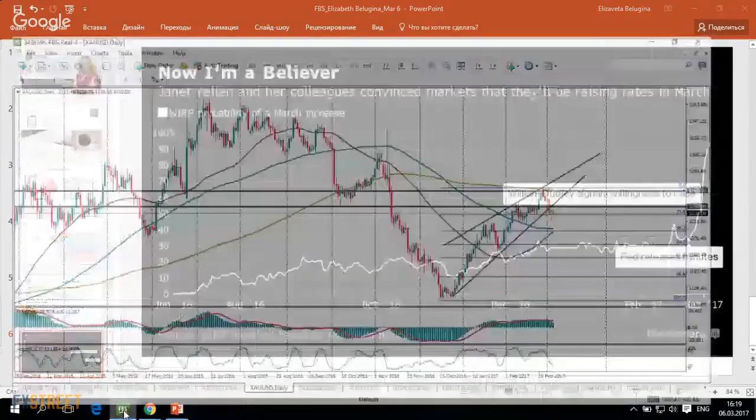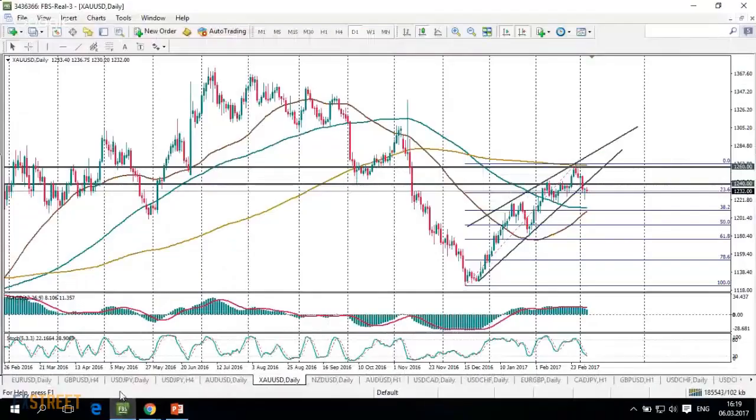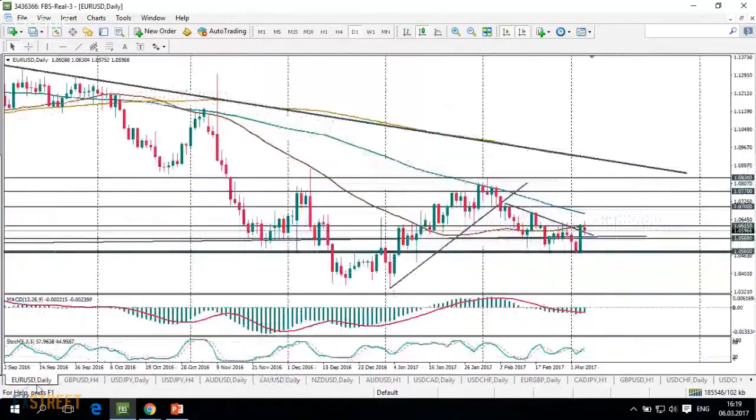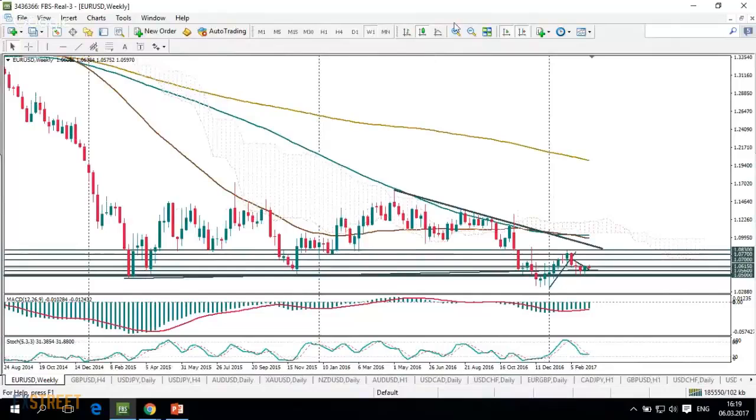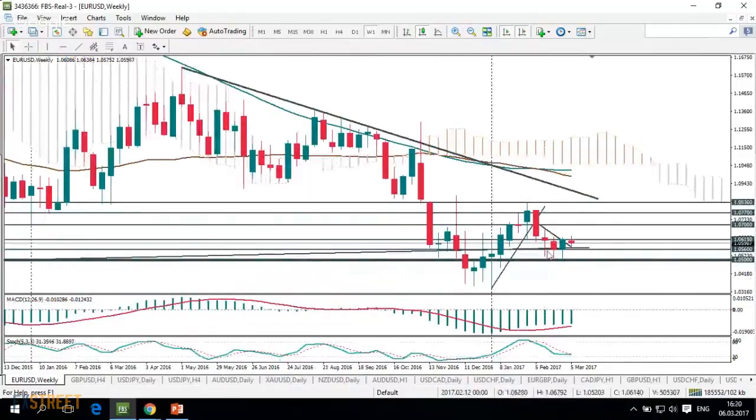Now let's talk more about the other currencies and have a look at the forex charts. As usual, we start with euro dollar. Probably a look at the weekly chart firstly. Here I'd like to underline that the levels of 105 once again acted as a good support for the euro